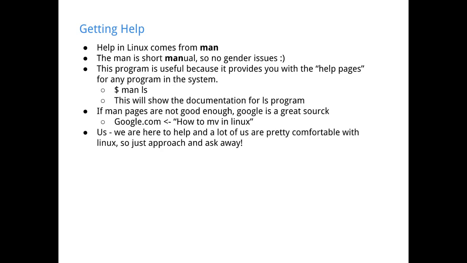And then at the end of it, there's us. There's me, Gani, Alan probably as well, know some Linux. A bunch of us at the Coders Club know a bunch of Linux because we have to deal with it all the time. And a lot of us like it. I run it on my computer at home. I enjoy how it works, I enjoy messing around with it, configuring stuff or whatever. So we are the best resource.